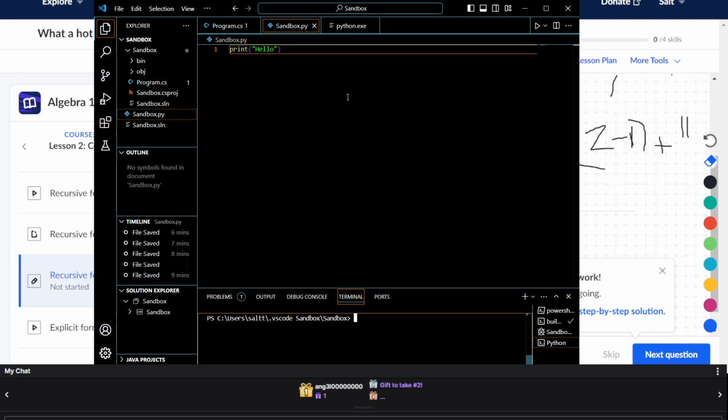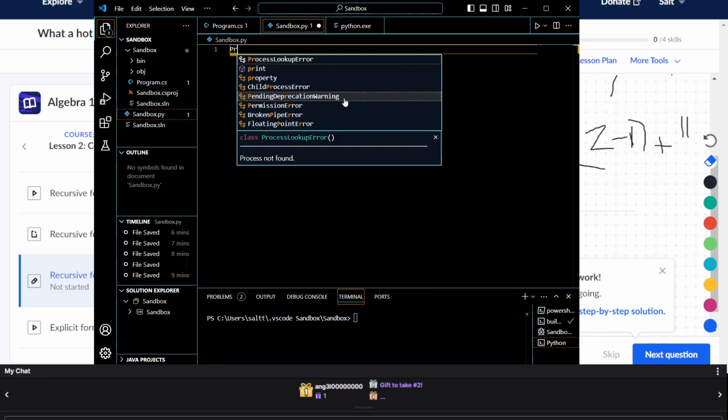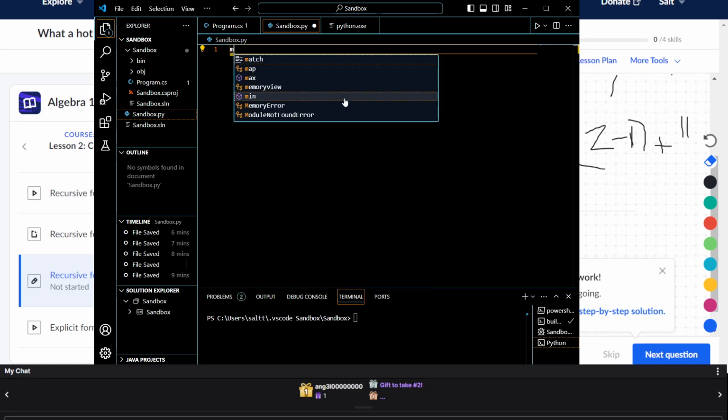So I can start writing my function. No. Okay, so we make a method. Do I remember how to do this? I barely remembered how to do print, and also I capitalized the print, so that was wrong. Like, do I remember how to do anything in Python? That's what I'm about to find out.